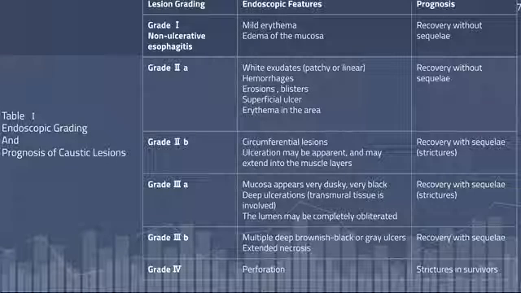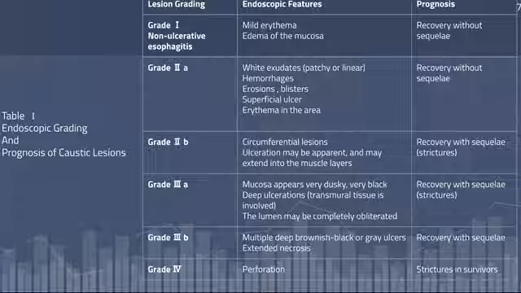Table 1 represents the endoscopic grading system for caustic lesions. It shows the severity of tissue disintegration which progresses over time. Grade 1 and Grade 2A are the least debilitating because there is no recurrence. Grade 4 is the worst because it indicates complete perforation of the esophagus, and the few who do survive it